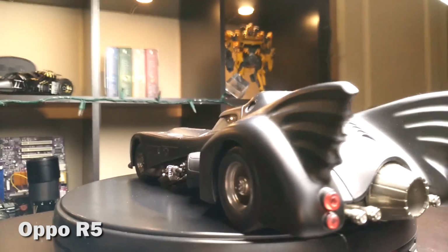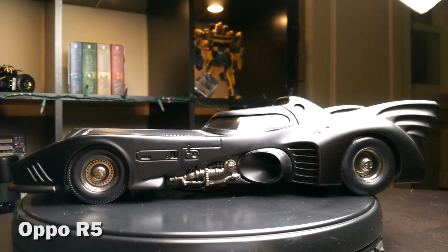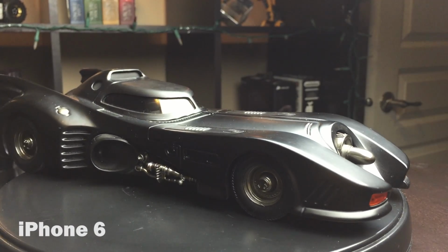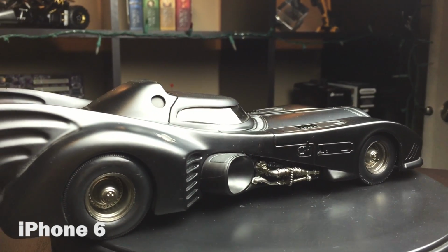Now moving on, in terms of video capabilities, as we mentioned before, both of these cameras are rated for 1080p at 60 frames per second, and they both do a good job of delivering video. Again, I do find a little bit better low light performance on the iPhone with overall better color rendition, but overall in terms of clarity and sharpness, I think they're pretty much on par with each other,